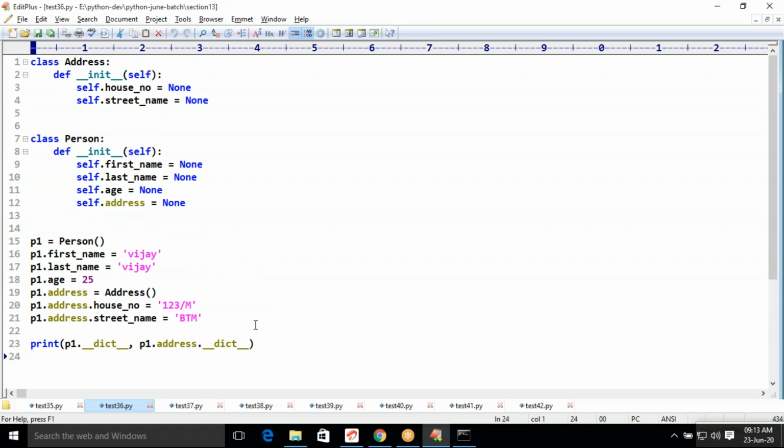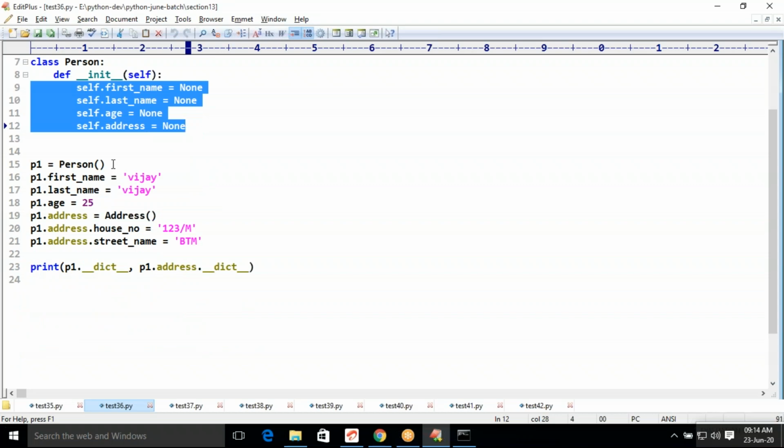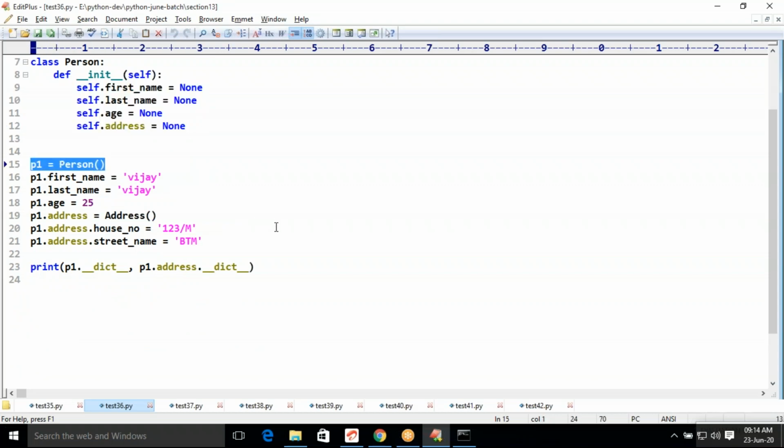It's very simple: has-a relation, person has an address. Address contains 2 fields, both None. Person contains 4 fields, all 4 None. One person object. 2 fields, first name and last name, then age.